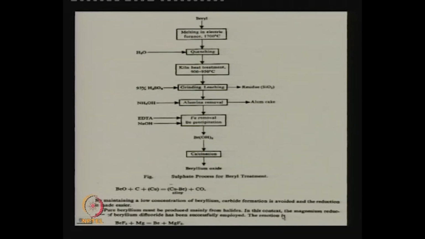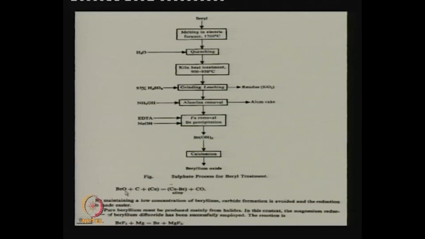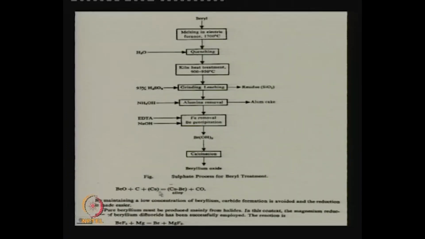and then we have discussed beryllium, which is also a highly reactive metal. Beryllium oxide, if reduced by carbon at sufficiently high temperature, will produce beryllium, but that will have carbon in it, because beryllium carbide also forms. Now, to avoid that, if we introduce copper in the system, then instead of beryllium we produce copper beryllium alloy, and because the beryllium activity is low, this reaction will go to the right, will take place more favorably, and